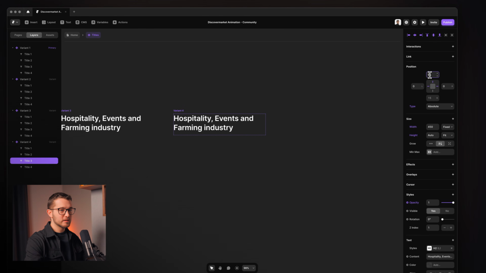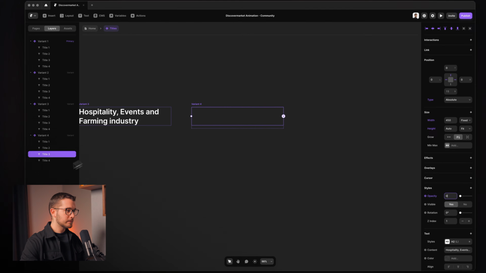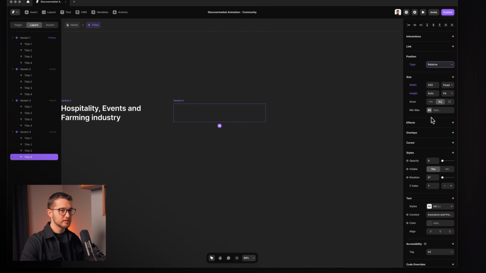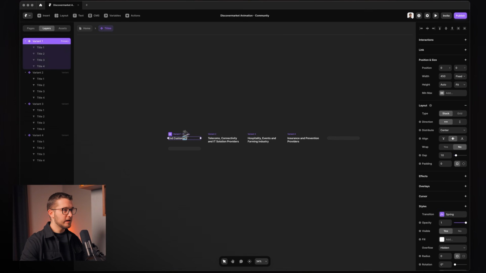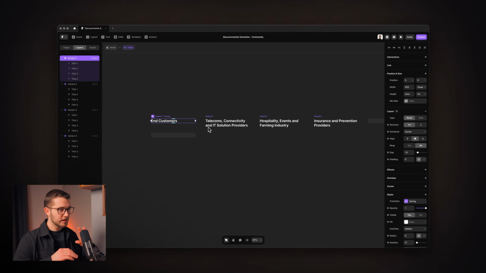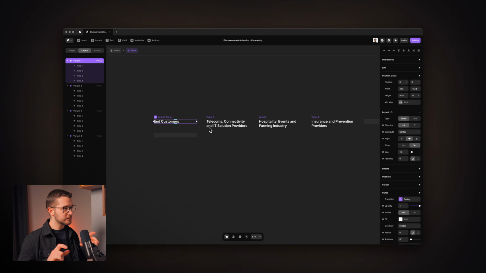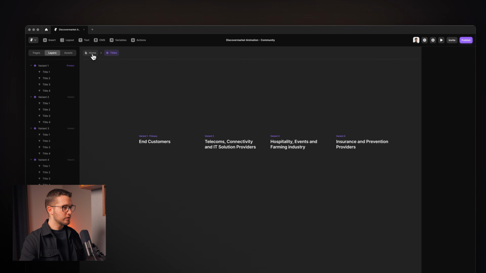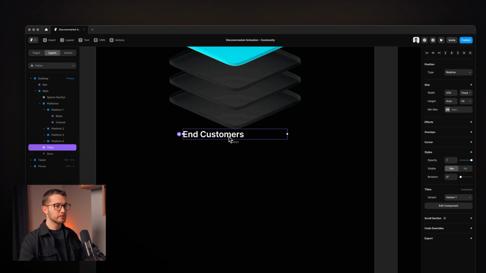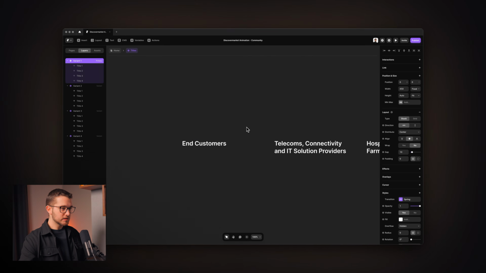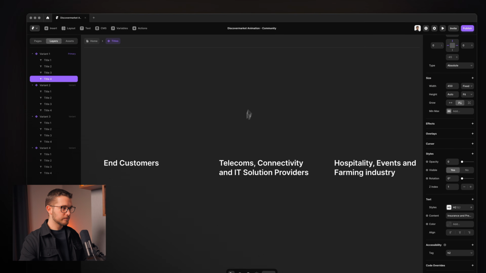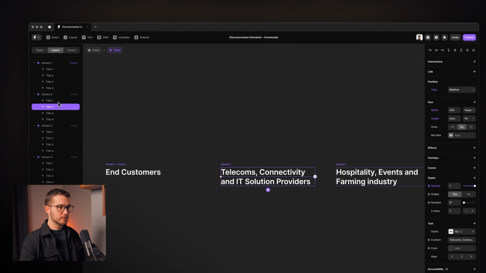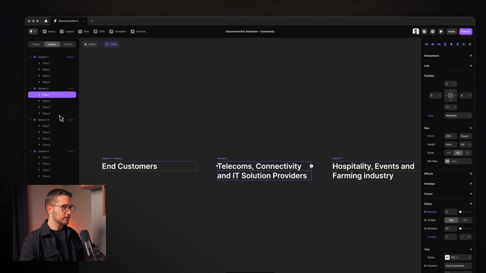So this one absolute, opacity 0, and then title 4 relative, because that's the active, and opacity 1. So now we have a titles component, and it has 4 variants with the different titles. That's really nice. So basically we have to do this for the description as well. However, what I'm thinking here is that I'm just gonna go through these layers, make sure that yes, we need this pin here as well,